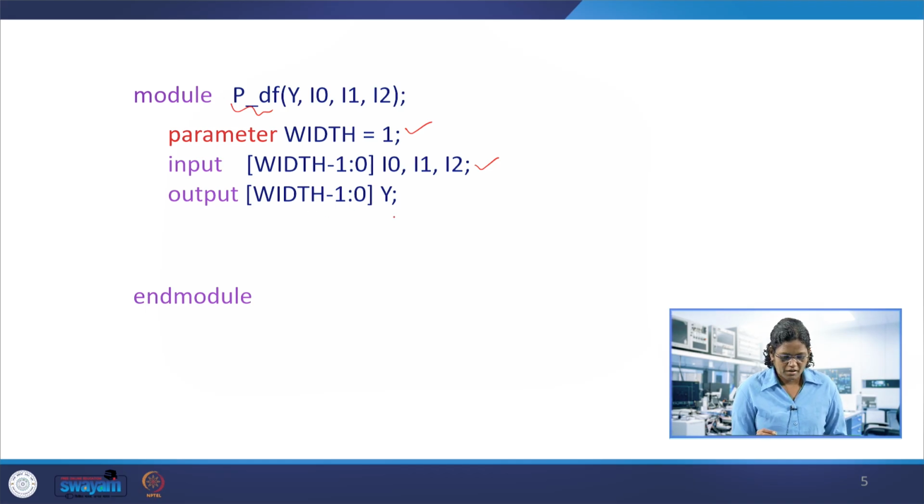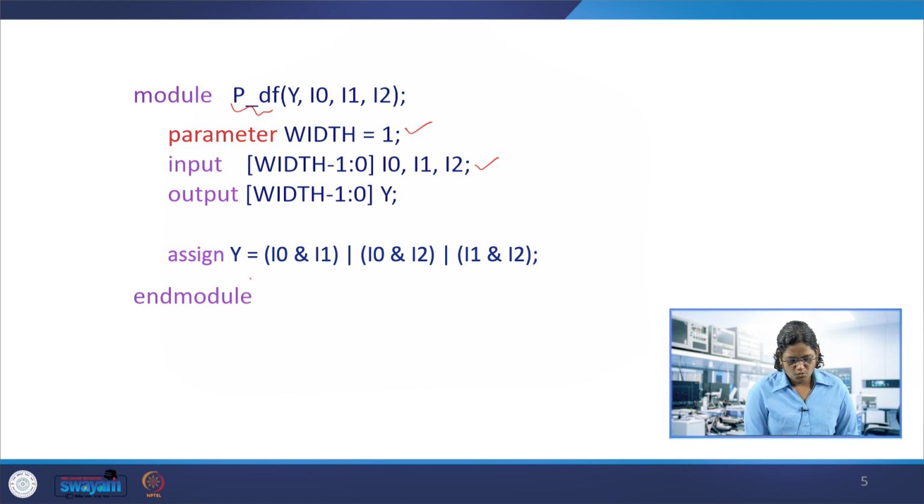Now, we see the assign statement: y is equal to I0 and I1, and I0 and I2, and I1 and I2, and OR them. So, it's just a logic circuit which ANDs I0 and I1, I0 and I2, I1 and I2, and then ORs them in one single statement.